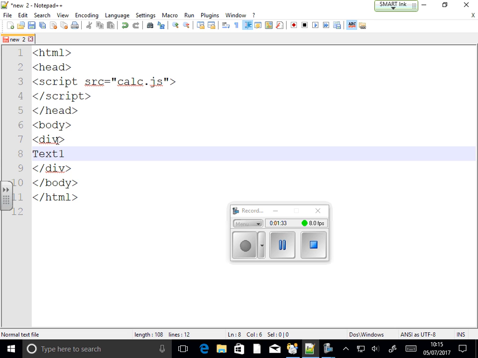Text 1, that's a label. Whatever you write down just comes on the page like that. You can write down paragraph, but we don't need a paragraph as well. I'm not starting a paragraph. Text 2. No, for creating this, you need input type equal to text, right? That's your first text box.